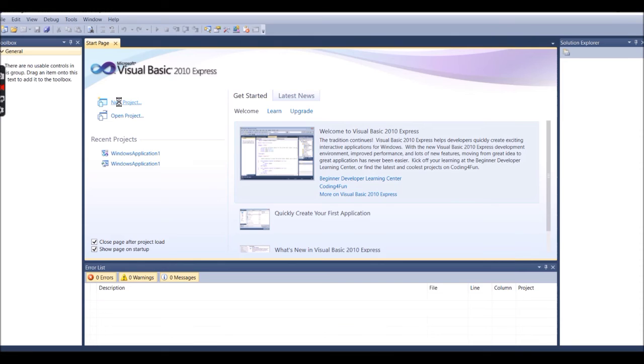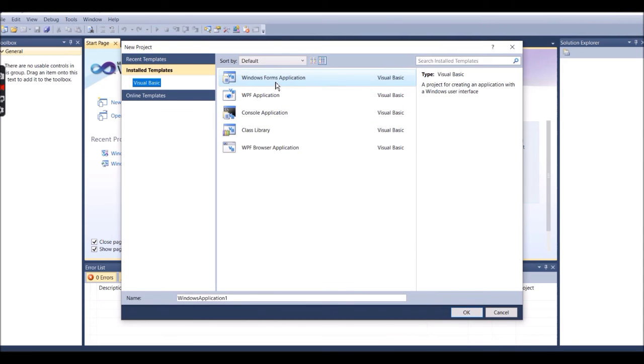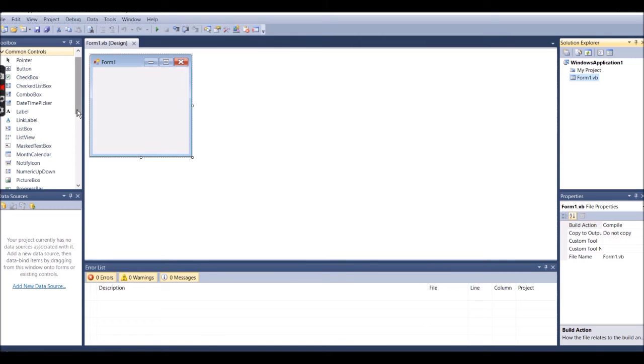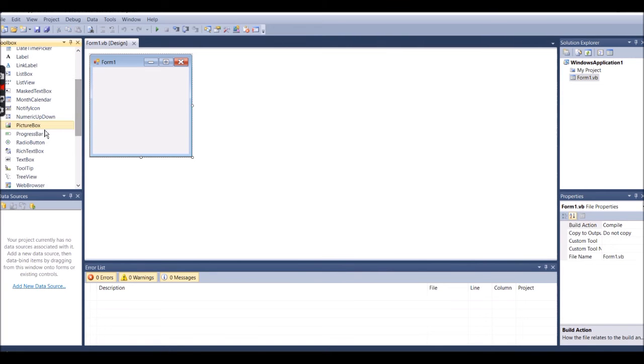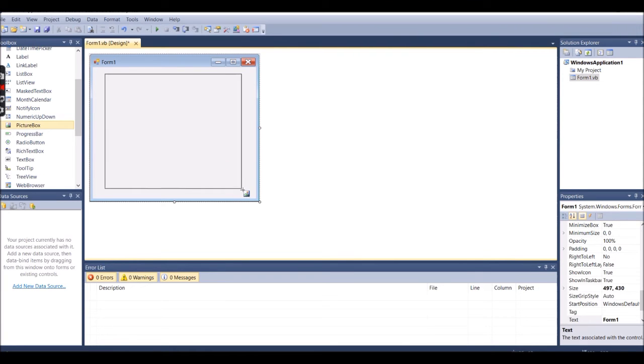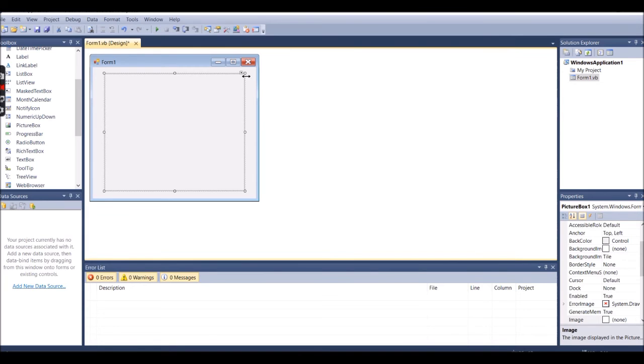So first of all, you have to take a new project. Again, the Windows Forms application where I need to design, pressing OK. You will find that there is a picture area, the picture box. Now what I need to do, just make it big, enlarge it. Okay. And now after doing this picture box, you need to paste one picture on that form.